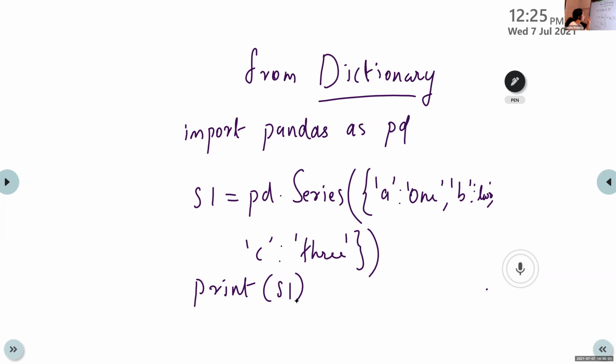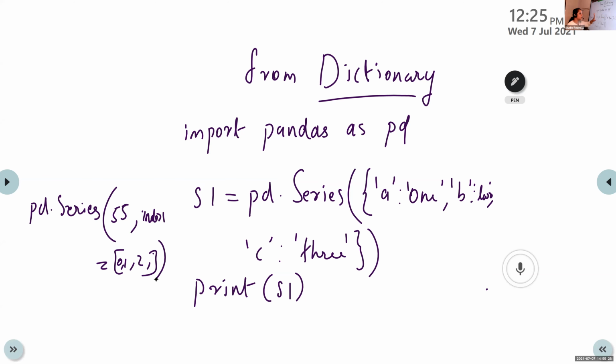So in the normal case, we use two arguments for series creation. First is for data value. We will write like this, pd.Series, within brackets 55. This is the data value. And we will write index equal to some index value also.